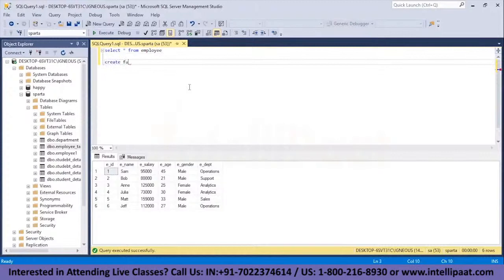So again, I'll type create function, and then I'll give the name of the function, which would be select gender. Now inside the parenthesis, I will pass in the parameter. So I'll name the parameter to be gender, and this would be of varchar type, so as varchar, and the length would be 20. After that, I'll give the returns keyword, and since this is a table valued function, the return type would be